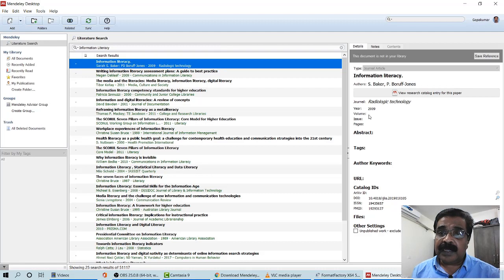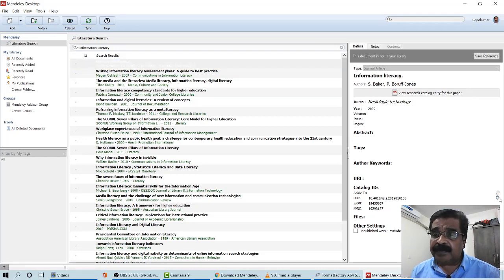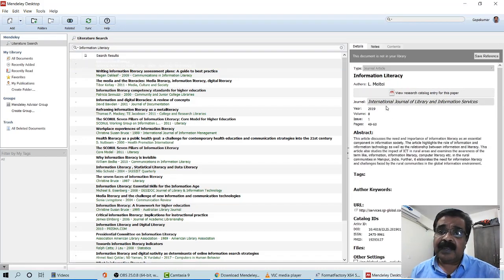For example, here if you look at it, it is a journal article, but year, volume number, issue number, certain things are missing. So if that is the case, what you have to do is you come down, catalog ID is there, or DOI is here, and here on the right hand side there is a lens like structure. You click on it, it searches for the details, and you are getting the entire detail updated. Here you can see volume number, issue number, even the abstract also has come out. So this way you can easily get the updated metadata from the publisher's website.